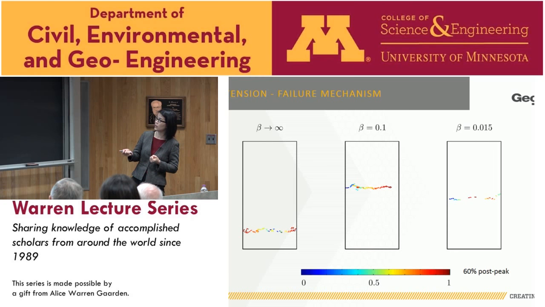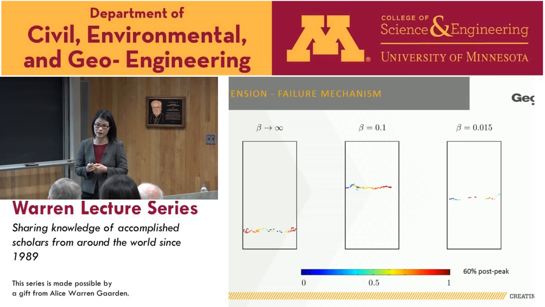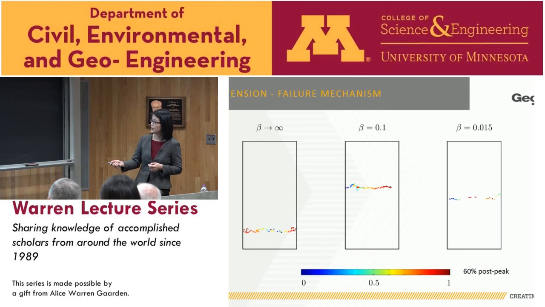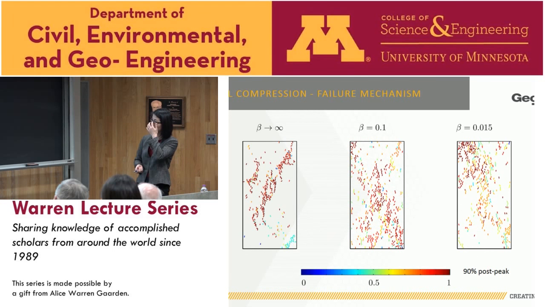In this case, if you look at uniaxial tension, it's one single mode 1 crack, and the color indicates time. The blue one over here means the earliest crack, and the brown or dark red means the late time. And 60% in the post-peak means it's after the peak, where the load level is 60% of the strength. So by manipulating the softening laws, we are not changing the mode 1 type of failure mechanism.